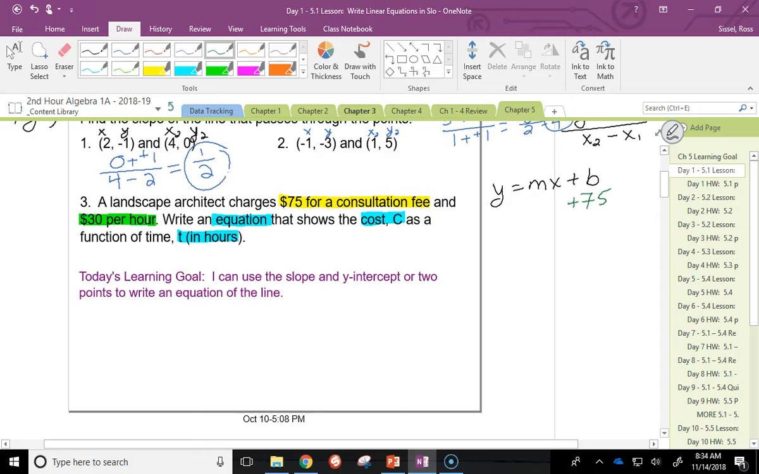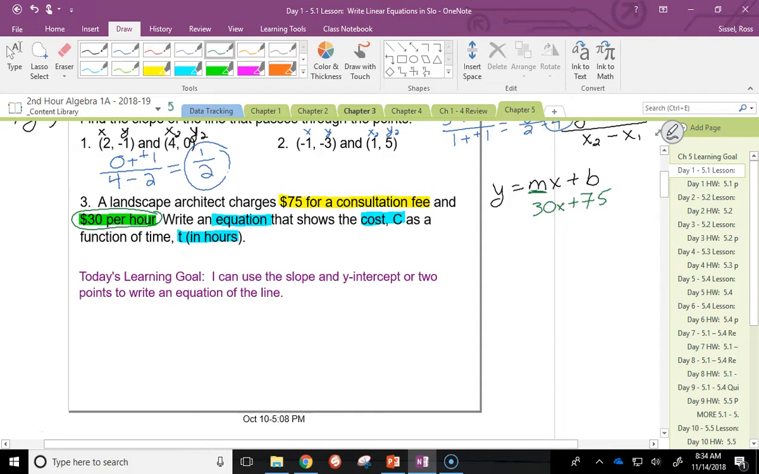The $30 per hour, that is going to be matching up with our slope. It's kind of like when we did direct variation. For every hour, we get charged 30. So our m, our slope, is usually what this is going to be when they give us a rate of charge or a rate of change or something. So we now have 30x,